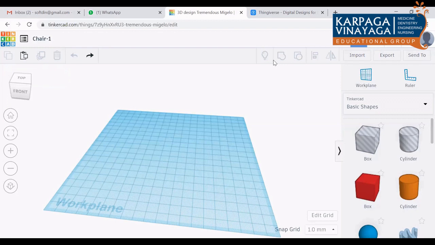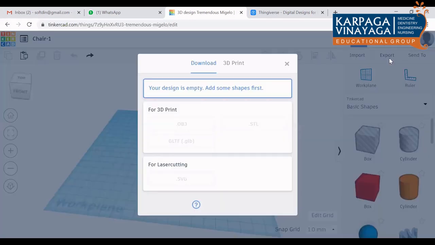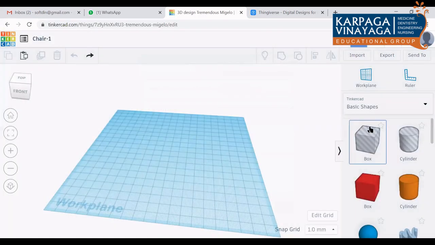And here on the right hand side, you can see this shows all the designs. Next here is group. Similarly, ungroup will be there. Then align, one option. Then the mirror option is there. And here the export option is there. Export is nothing but, once you finish your object, you can directly convert it to other forms. You can see the .stl form here for 3D print. You can directly convert to .stl form there.